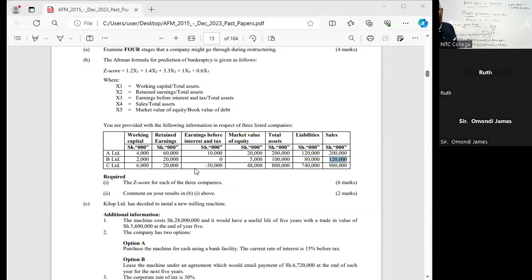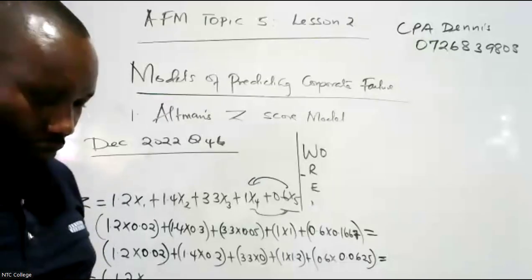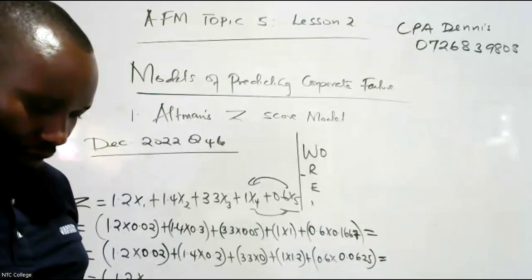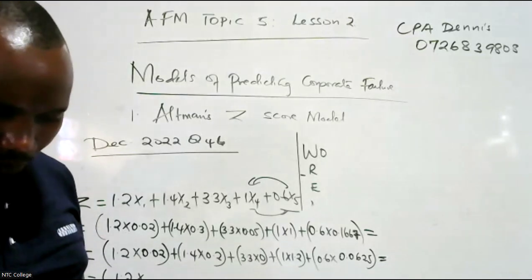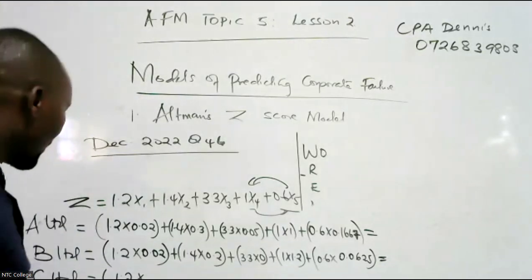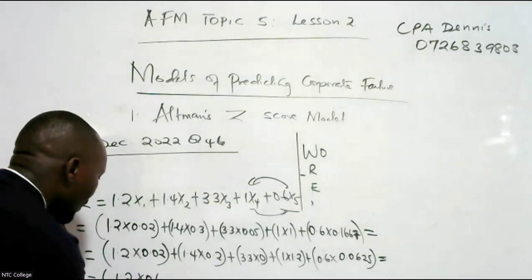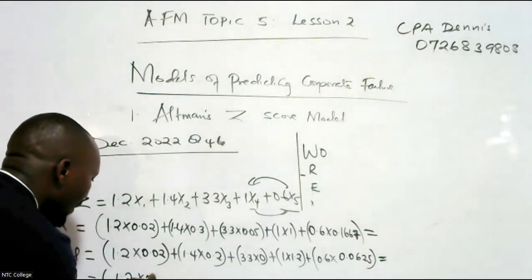So we have 6,000. Total asset is 800. Right? 6 divided by 800. So just calculate 6 divided by 800. You're getting 0.075. So we have 0.075